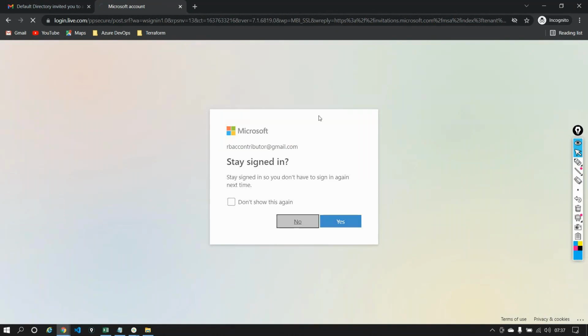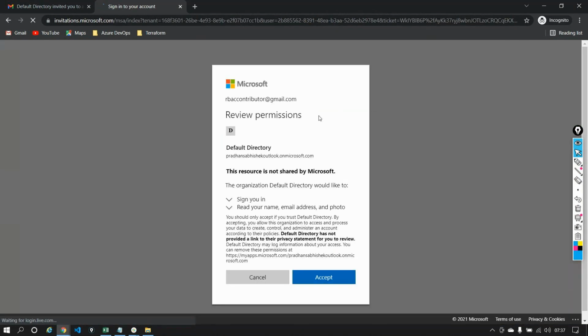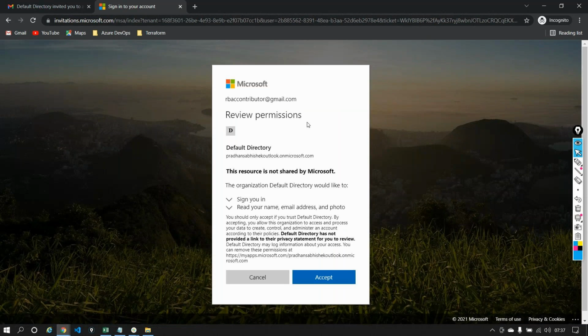I'll say no. And it's now telling me that you are going into an Azure tenant, and this is a private Azure tenant. So please review all these terms and conditions and say accept. As and when I accept, I will log in to the same Azure tenant, to the same Azure subscription, as a contributor and not an owner.